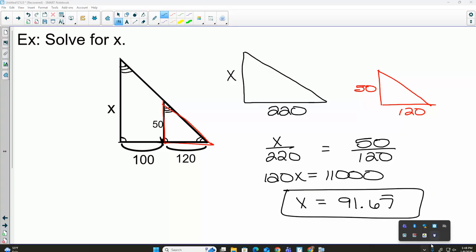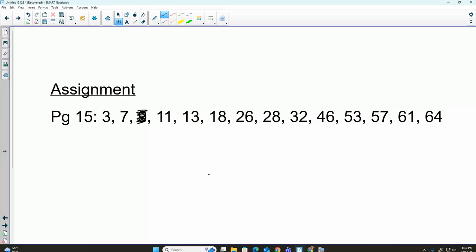Try some problems. I did take off one here. But